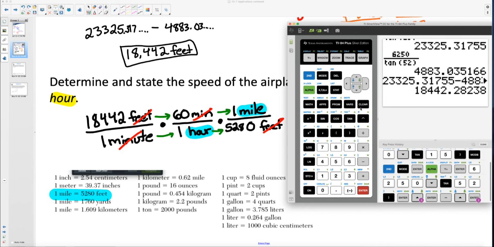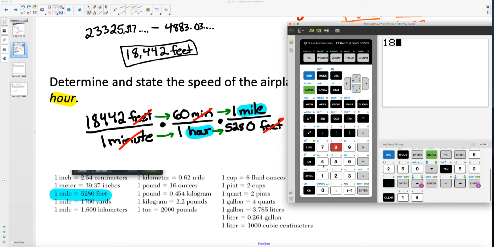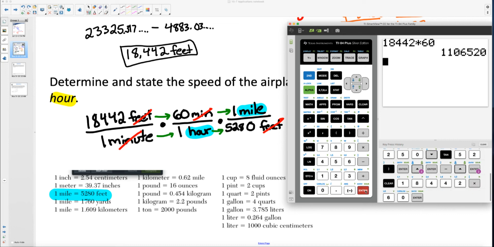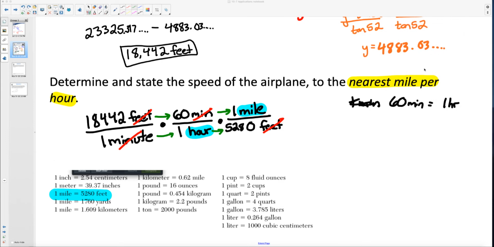So 18,442, at this point we'll use our rounded answer, times 60. So that's the numerator. Multiplying 18,442 times 60 is 1,106,520